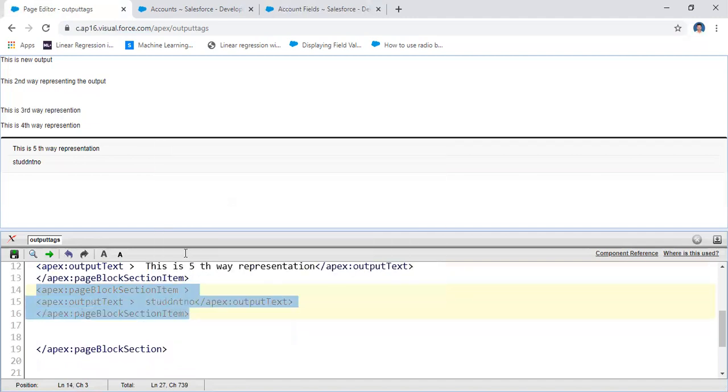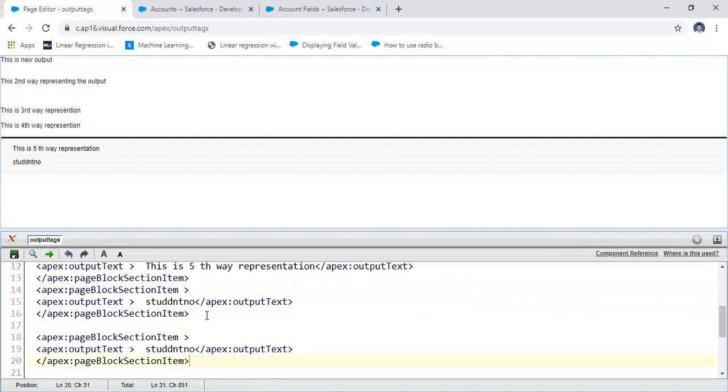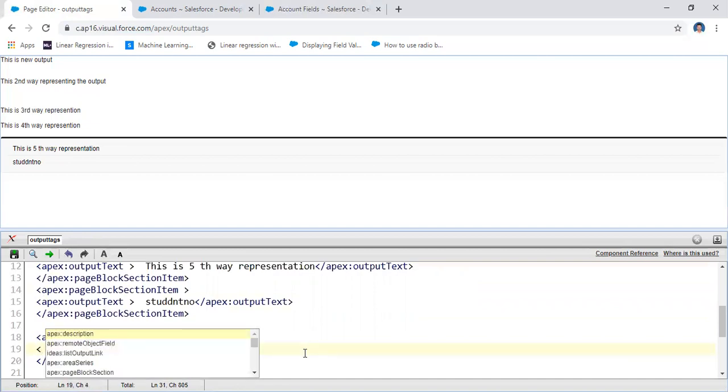Here I want to get the input tag. How can you represent that input tag? For example, under the page block item, I'm going to write the input tag here. Apex colon input text. You may use any one here.